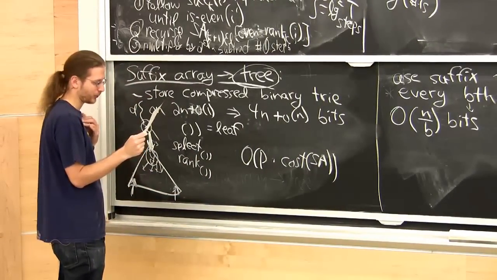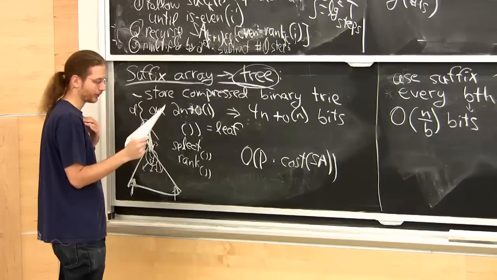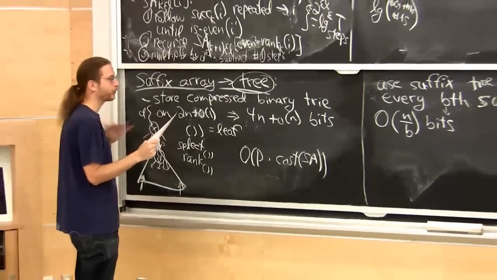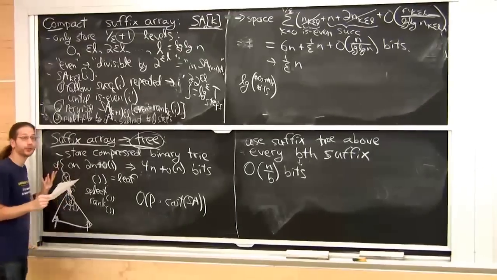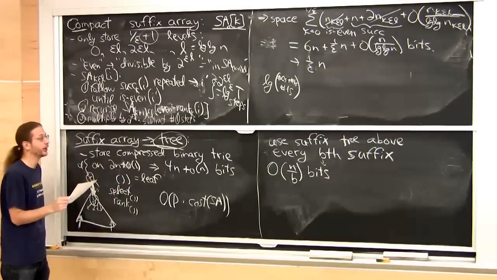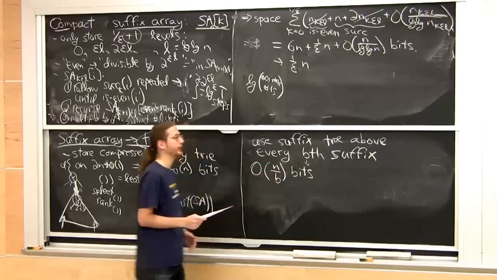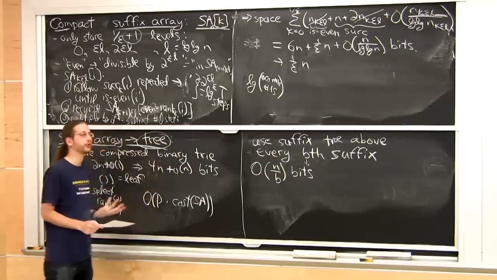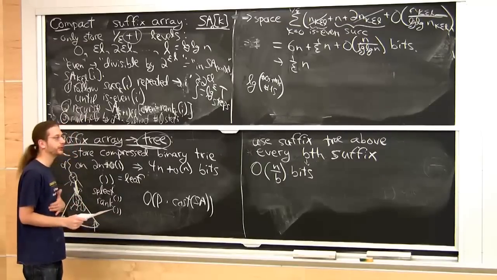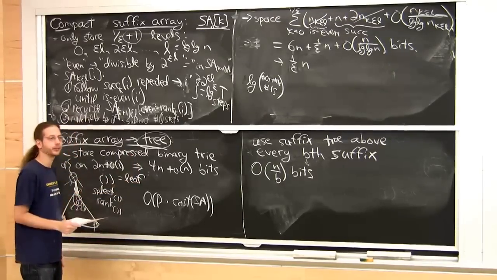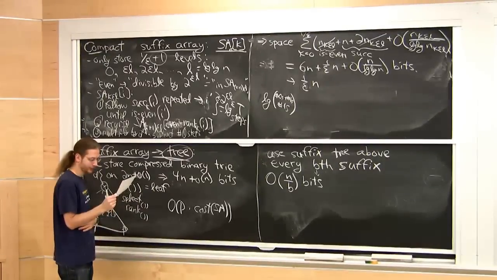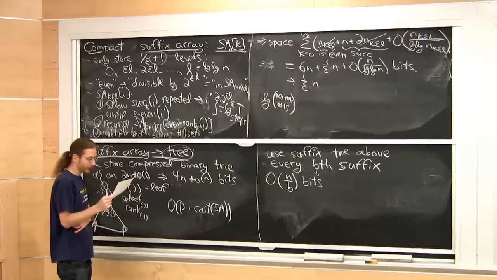And I don't really have time to talk about it. You can look at the notes. Rough idea is, well, you can have a lookup table that lets you do whatever you want on b bits. As long as b is less than like half log n, then you can encompass sort of the whole trie, more or less, and just hit it with a big lookup table and do everything in constant time. It's not quite so simple